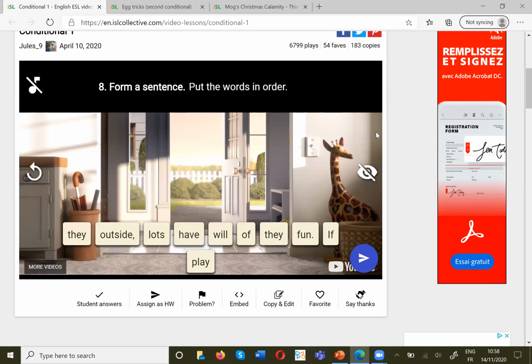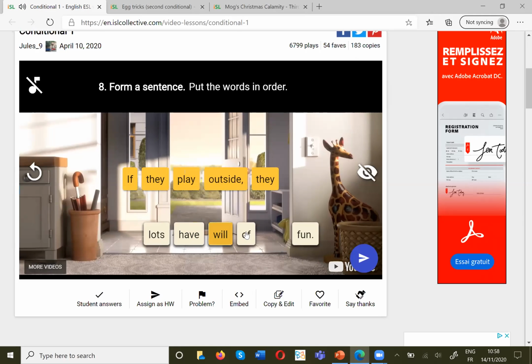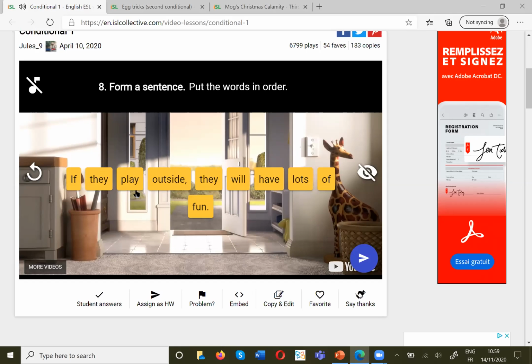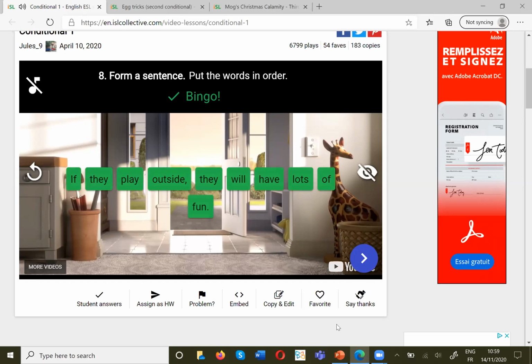If they play outside, they will have lots of fun. Easy for you. If they play outside, present simple, main clause will, future simple. They will have lots of fun. They became friends. Yes, and then they became friends, and that is a short story from a quite famous American cartoon,